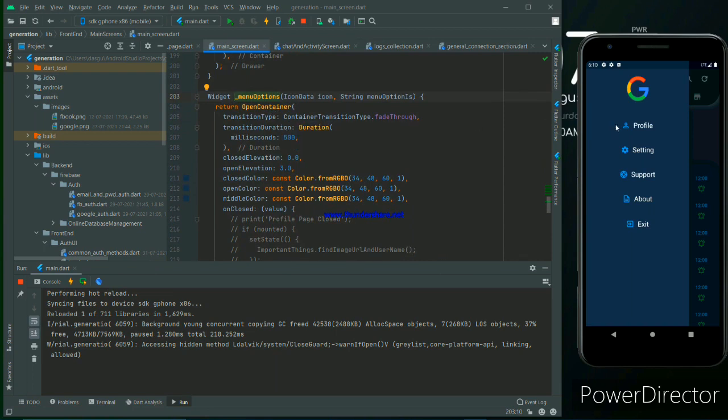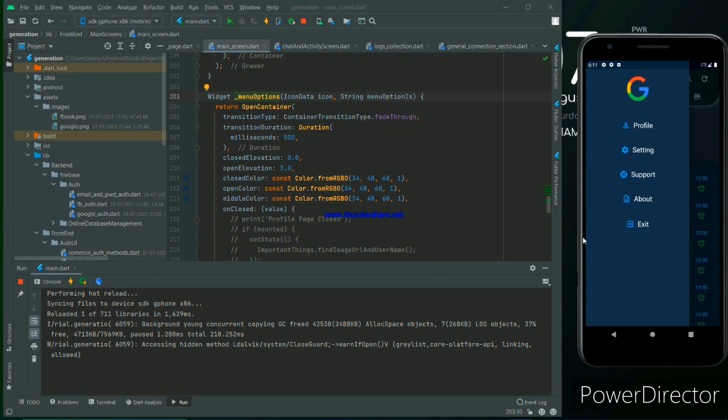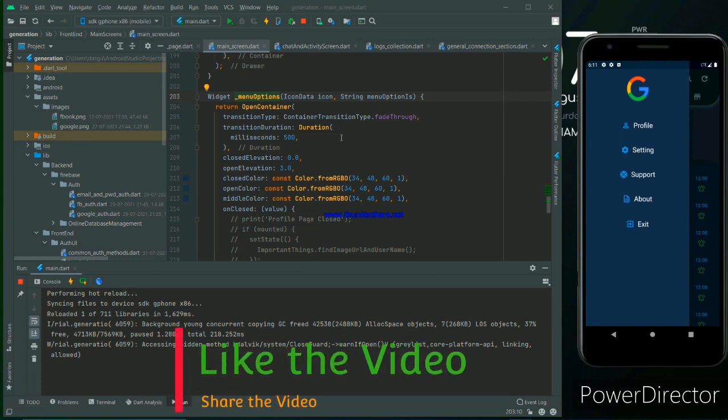there is an open container. Actually when the menu opens, it opens with a specific animation. I think you can imagine what I want to do here. This is opening with proper animations. Okay, and if you use the release mode, the animation will be beautifully shown there, and if you experienced my previous build generation app, you will definitely understand what I want to say. Okay, that's why I am again and again saying use my previous build generation app, that will be helpful to you.